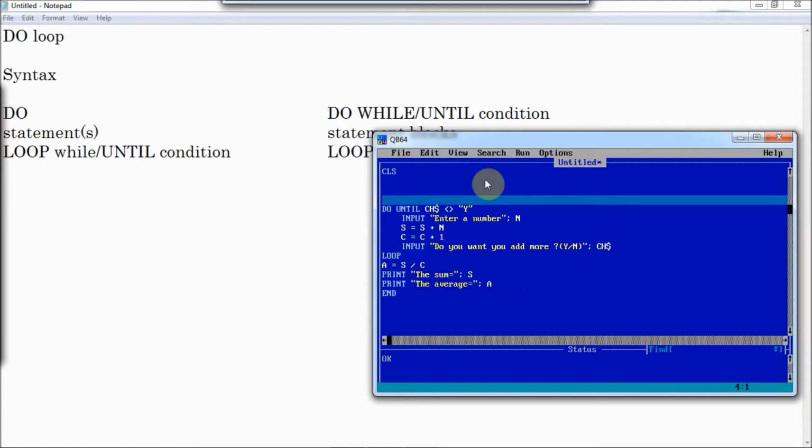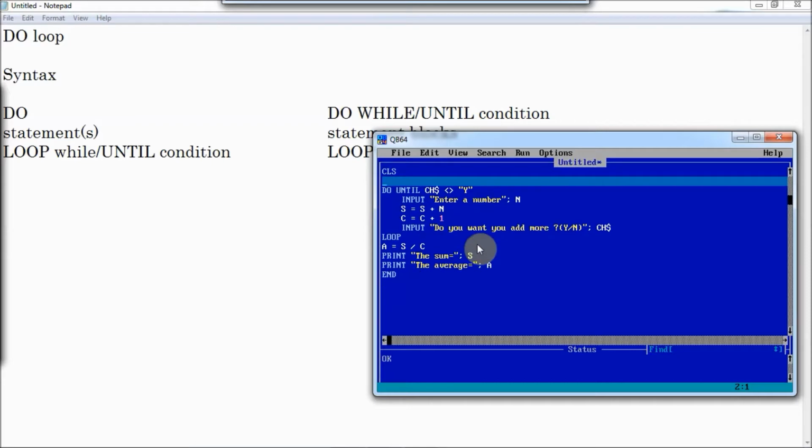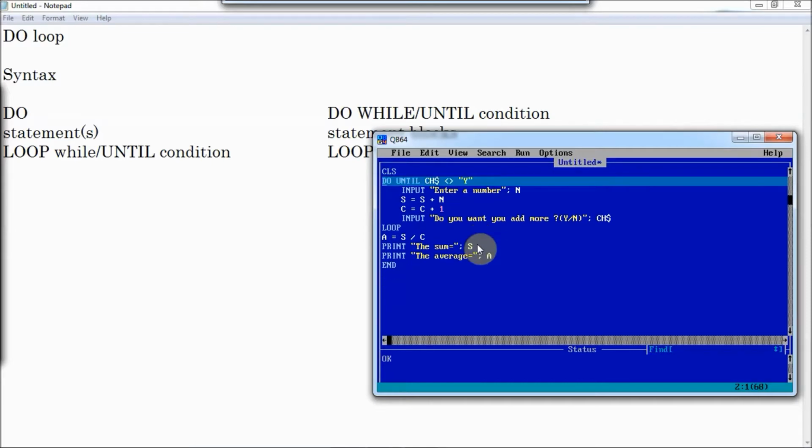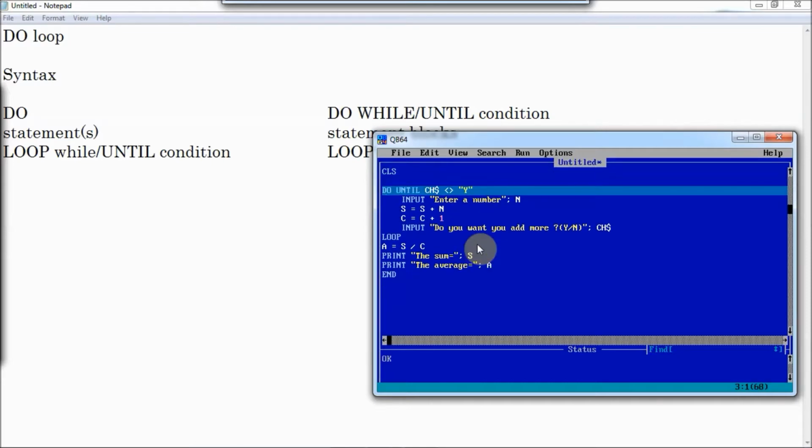Now let me remind you, in do loop while I told you CS$ has to be given in pre-test. In post-test it is not necessary. Now this is pre-test. So the condition says do until CS$ is not equals to y. If it is not equals to y means if it is equal, you'll have to run, isn't it?